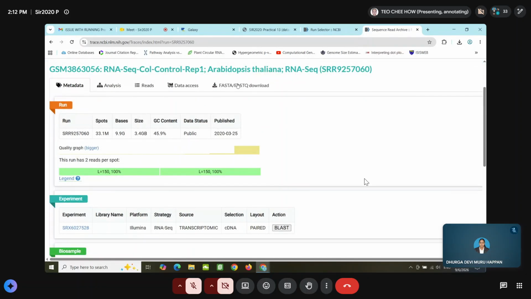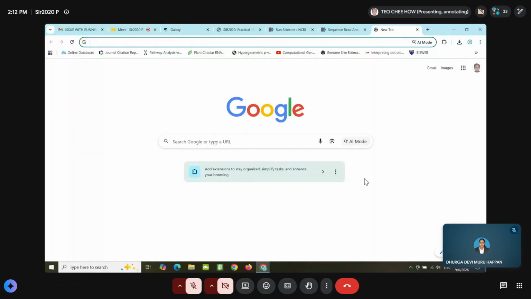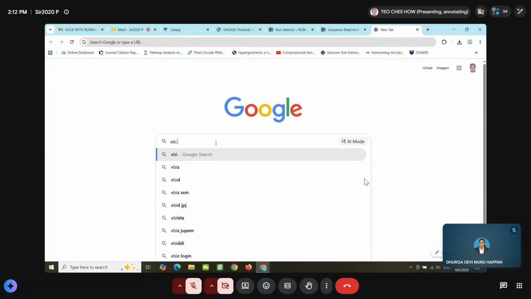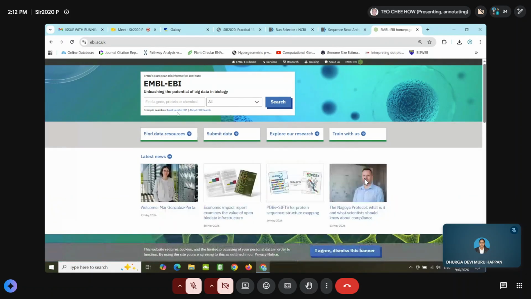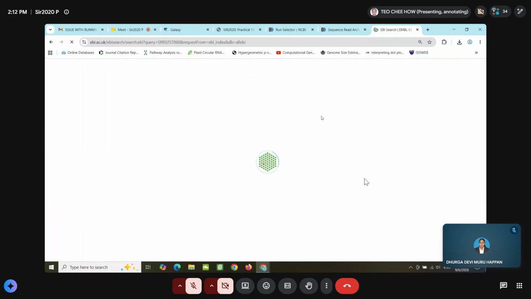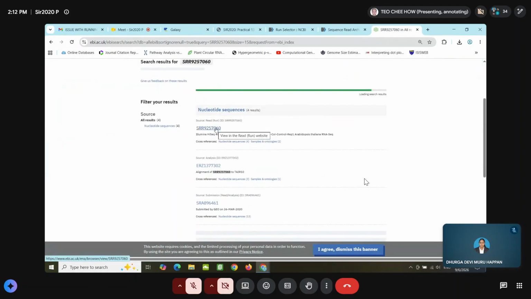You can download from here using the SRA toolkit, or the other way of doing that is you go to ebi.ac.uk, and key in this number. Then they will tell you, this is the data set here.